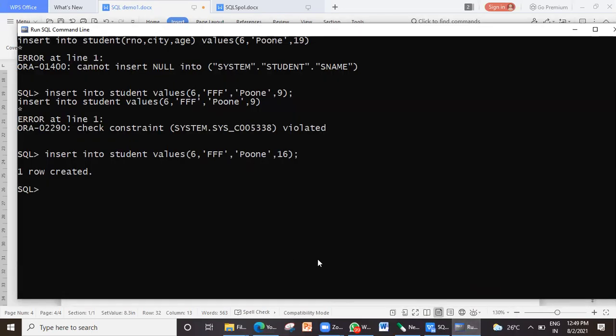So now I am creating another table. Create table marks. I take roll number.